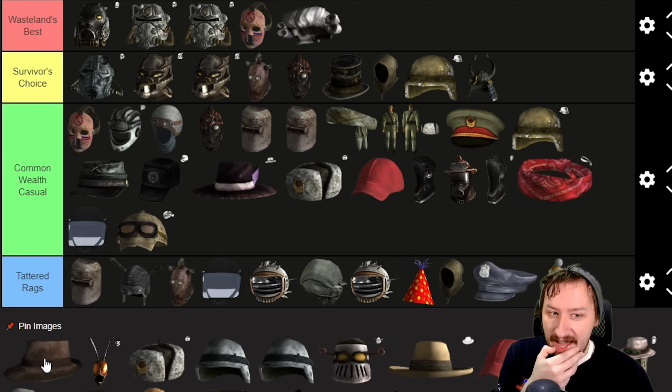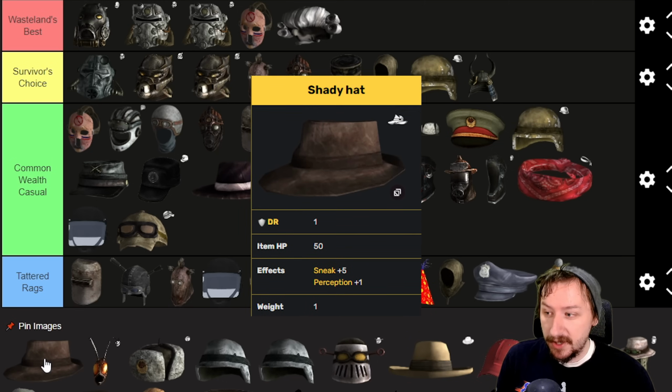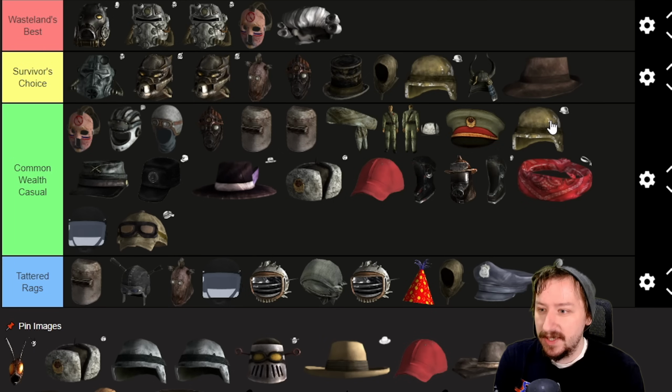And then we got the Shady Hat. You get this from Moira after doing part of the Wasteland Survival Guide. This one weighs 1, protects for 1, gives you +1 perception, but it also gives you +5 sneak. That's pretty nice. I'm going to put it up here into Survivor's Choice because those are extra bonuses, and